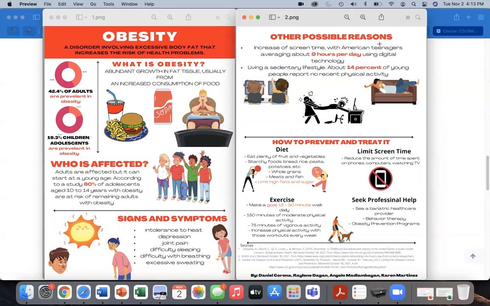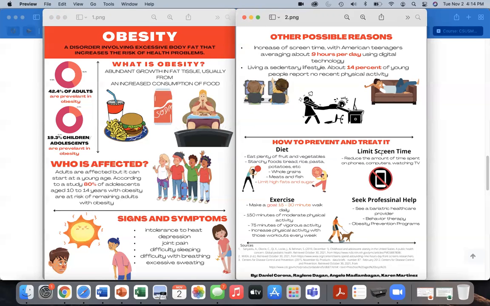And I want you to be sensitive. You can say overweight and obese. You can just simply use the term overweight. So obesity has a really negative connotation in this community, in this country. So think about the sensitive nature of that as well. I do like that you put about 9 hours a day using digital technology. But if you can condense this a little bit, instead of a giant sentence, maybe whittle it down a little bit. And then again, the same comment, how to prevent and treat it.